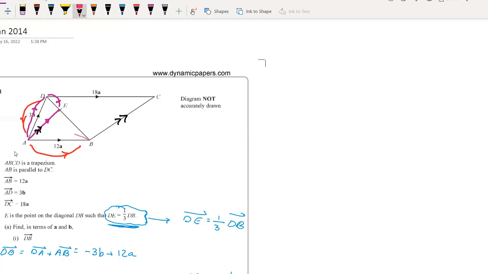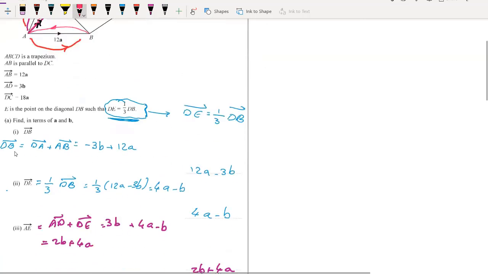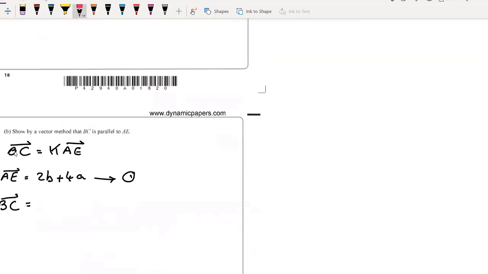BA, then AD, then DC. This is the vector BC. Why I choose this direction? Because it is already known all in terms of a and b. So we have BC vector,